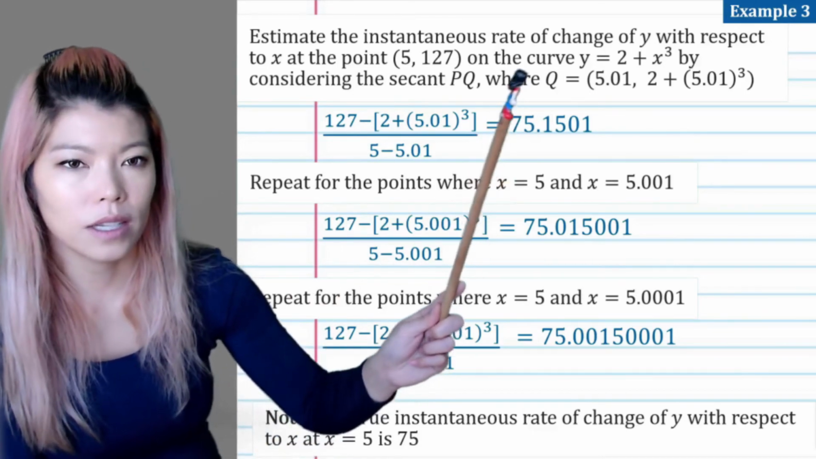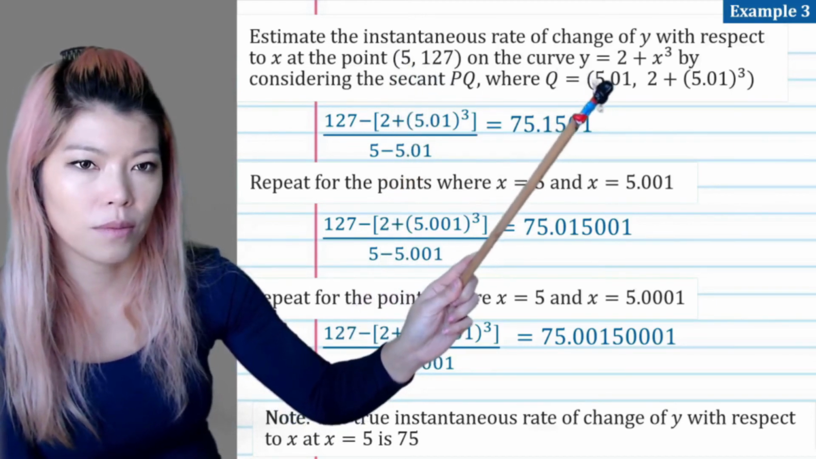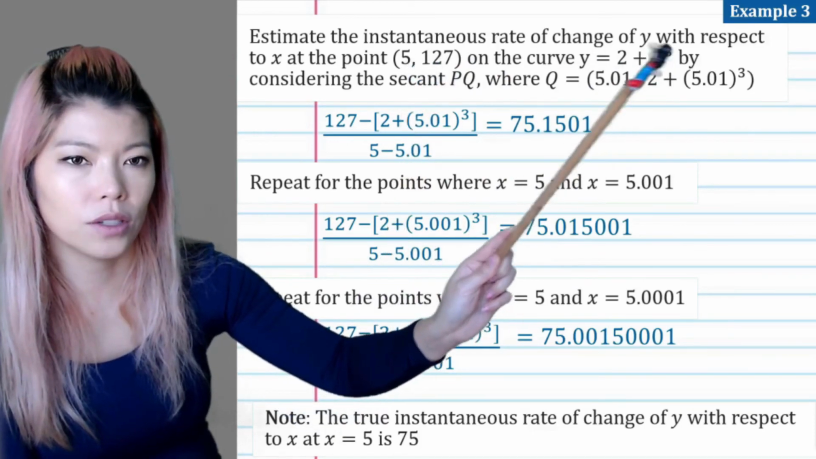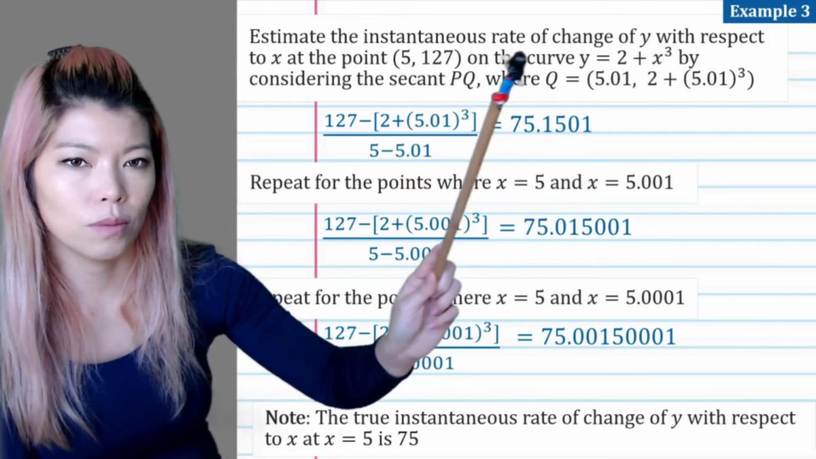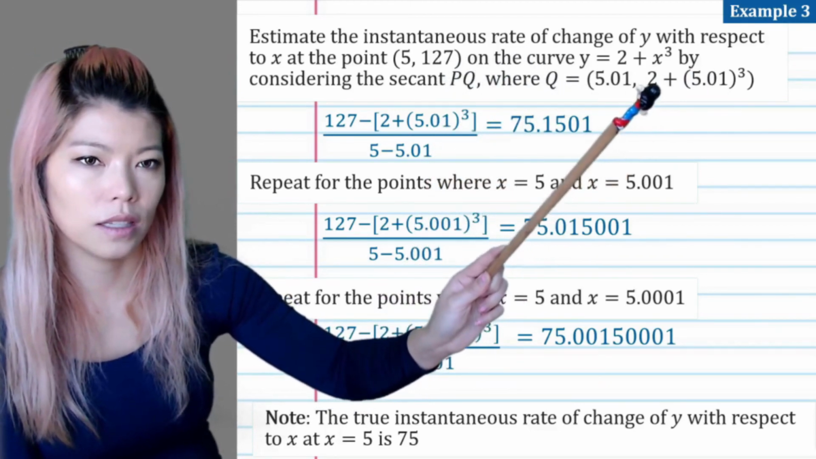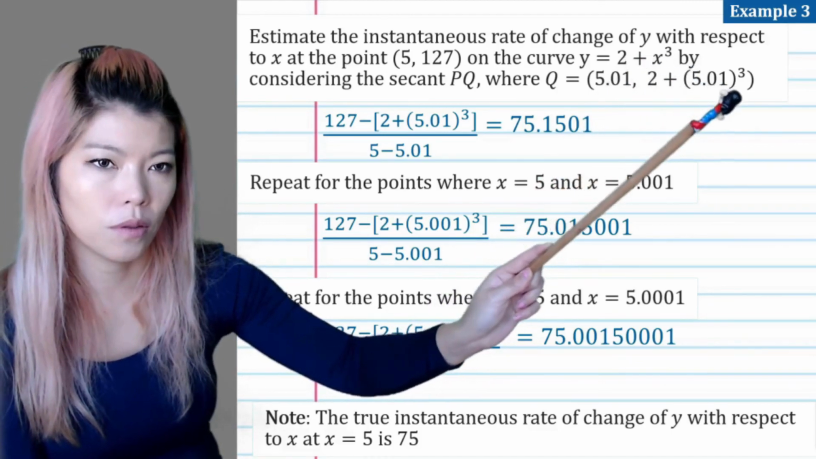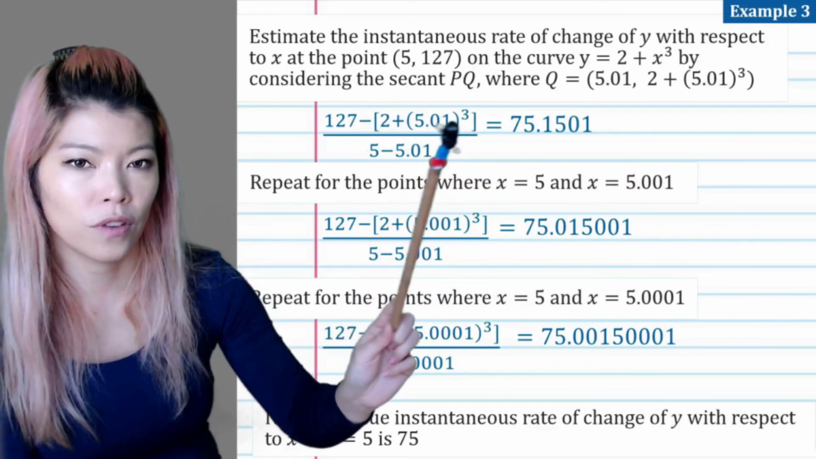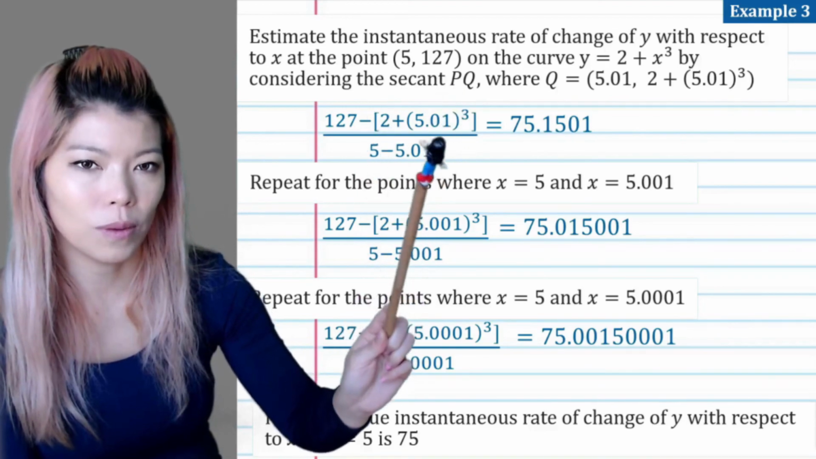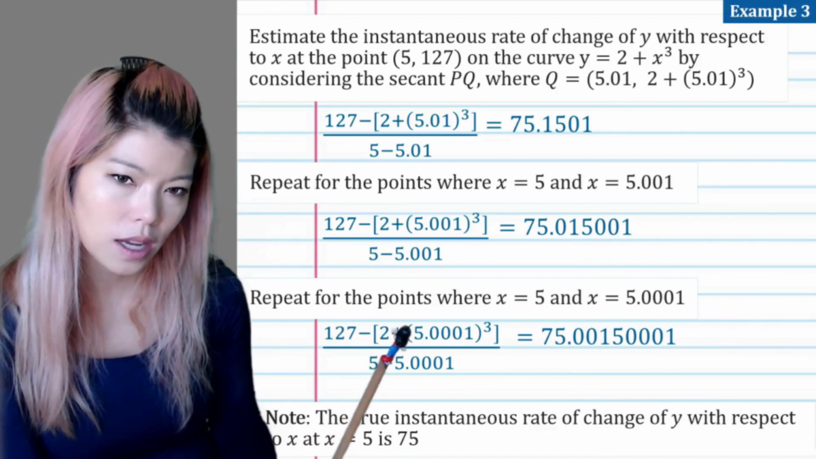So let me just recap what I did here. So here I have the x value to be 5, and then the next point was 5.01. The y value is calculated by putting 5 into the equation. 2 plus 5 cubed is 127. And the y value for the Q point is by putting 5.01 into the equation. So 2 plus 5.01 cubed. And instead of figuring that out, I just did y2 minus y1, leaving that in that format and letting the calculator evaluate it. So you can see that's y minus y over x